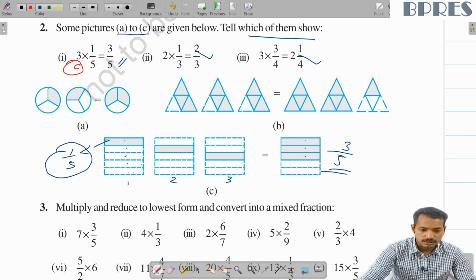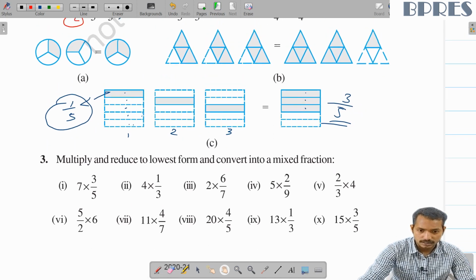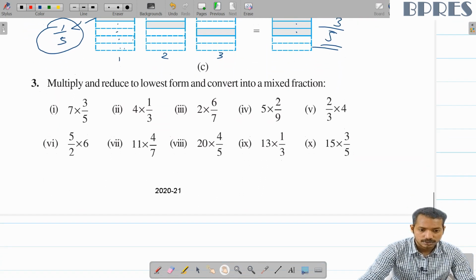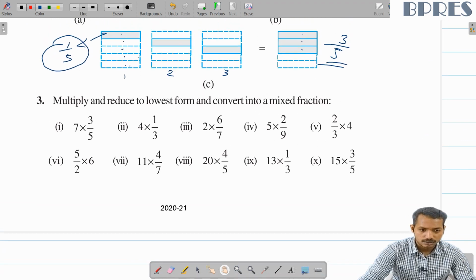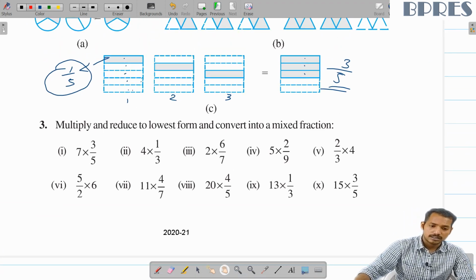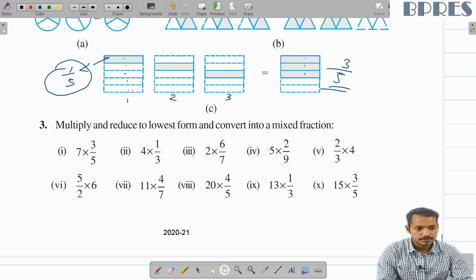Now the remaining questions are very easy for you. You can understand this one because we already discussed the multiplication here in detail. So you can try yourself. Okay. So this is all about this one, and there are some more questions given in this exercise that you can also try yourself.